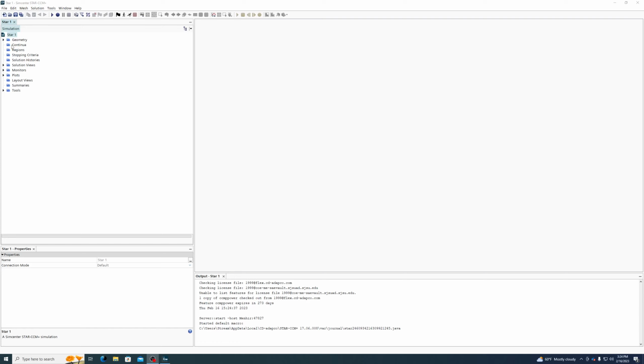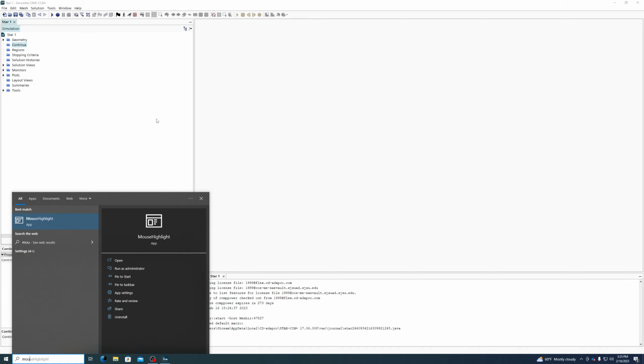Okay, hello everyone. What I'd like to talk about today is how we can go about selecting the types of physics we're simulating. So you can simulate many different types of physics inside of STAR-CCM Plus. We talked about some of the theory of these in lecture, but the way we do this, let me turn